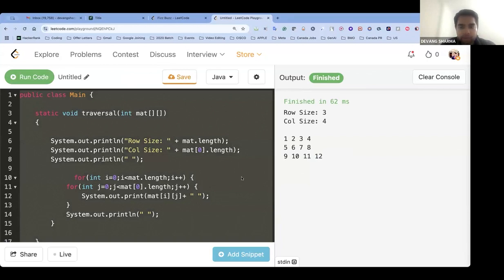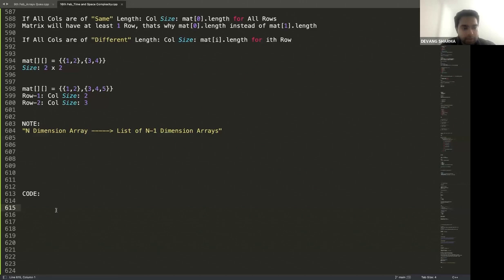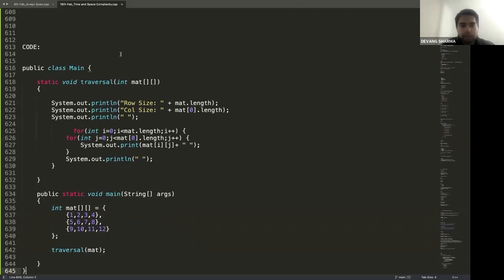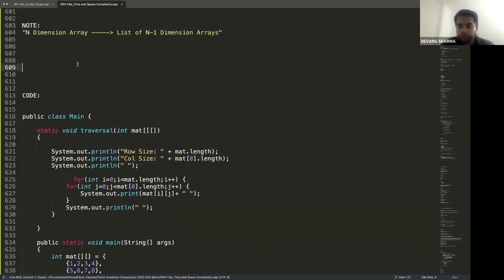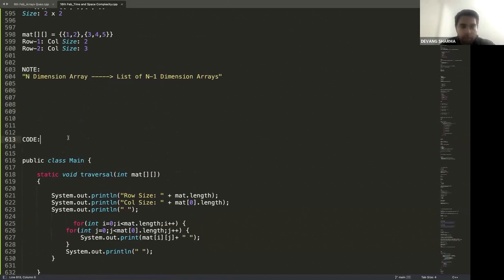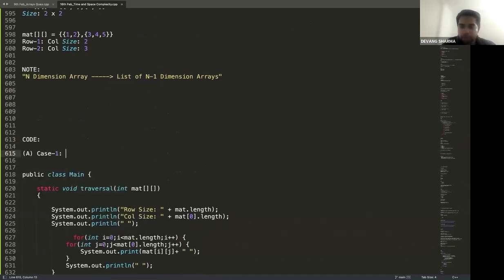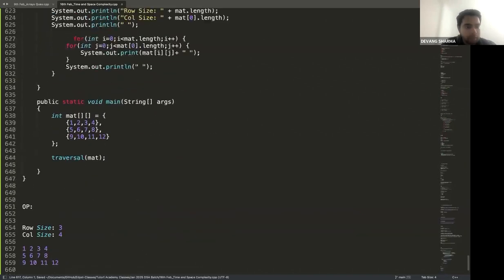Copy this. Go back to Sublime Text. Paste it here. This code is completely fine. No issues with that. I can print the output here as well. All good with this? This is good for one condition. What is the condition? The condition is if all of my columns are of the same length, then this holds valid, correct? But imagine